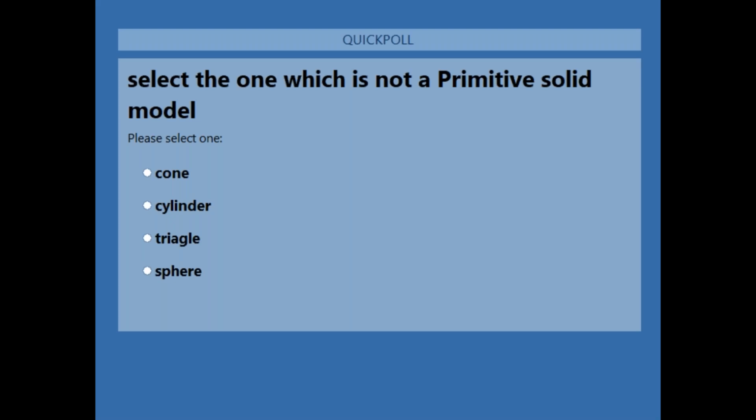Once you practice various CAD software, you are able to answer this. But as we already discussed a few of the primitive features in the session itself, you need to answer this. What is the thing that we have not discussed? Have you seen that a cone can be created using a 3D model? A cylinder can be created; can a triangle be created or not, or a sphere? You need to answer appropriately.